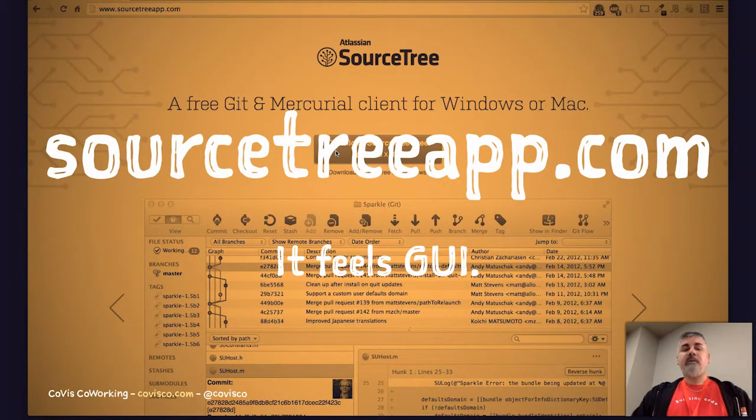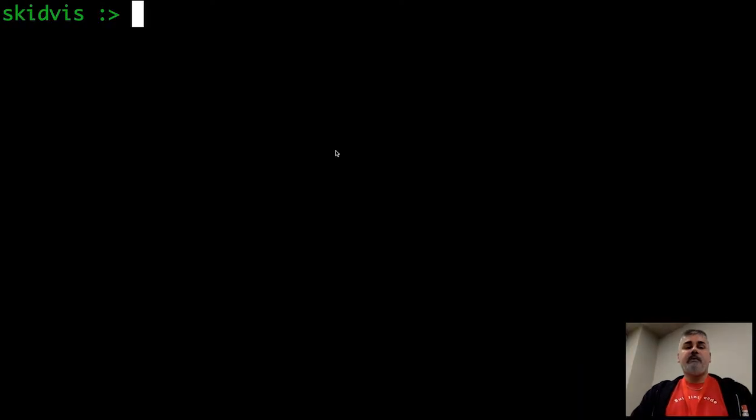Now, before I talk about merging, I'm going to talk about the exclusion to my "only use the command line" policy. There's this great program called SourceTree. It's free. It's from Atlassian, and it's a graphical user interface, and I use it a lot. But I only use it to look at my changes to see what's going on. It makes it a lot easier to visualize.